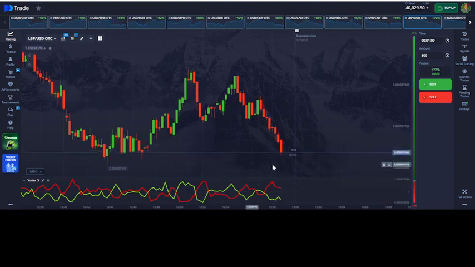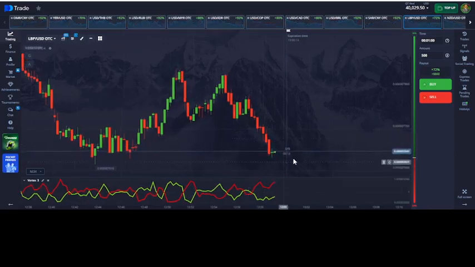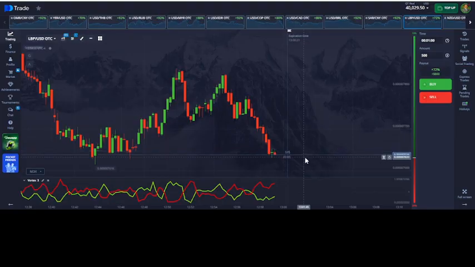So I'm going to wait for the cross of the green vortex line and the red vortex line, because when the lines cross, this suggests there's going to be a bullish reversal at this level, somewhere around this level. So let's keep an eye on this currency pair